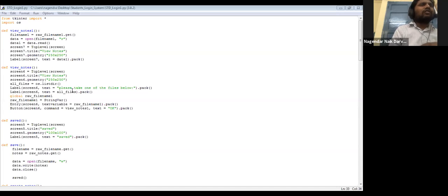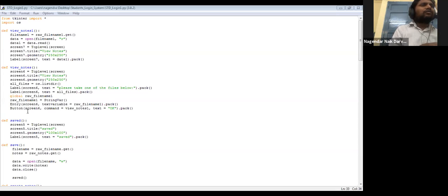But here what we are doing is showing the complete list of files and asking to take any one of the files showing in the list. So we will be choosing one from the list.